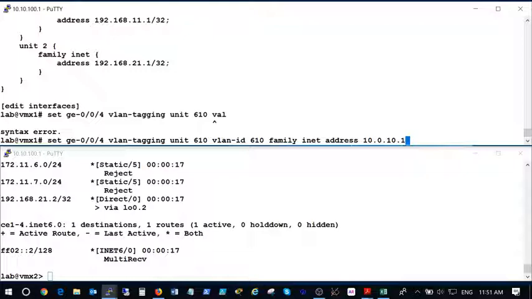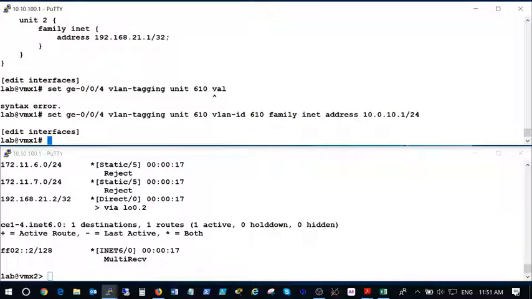10.0.10.1 is the PE side of that connection. That's a /24. Alrighty. So that's that unit, and what we also need to do is we're going to go and configure